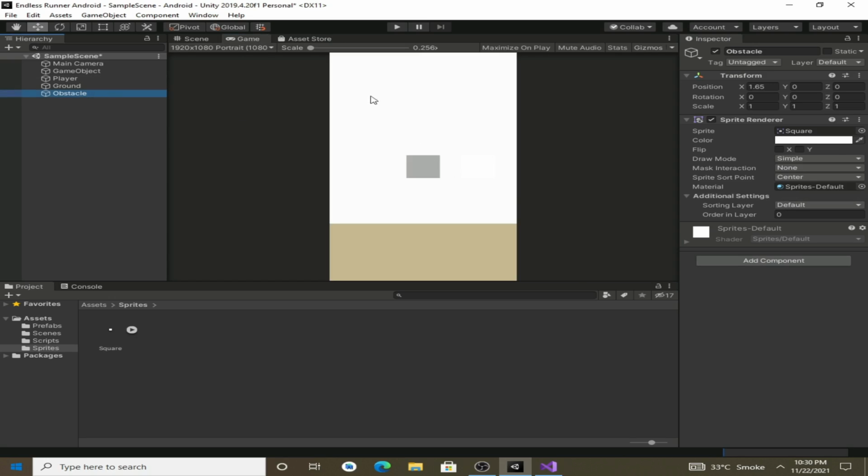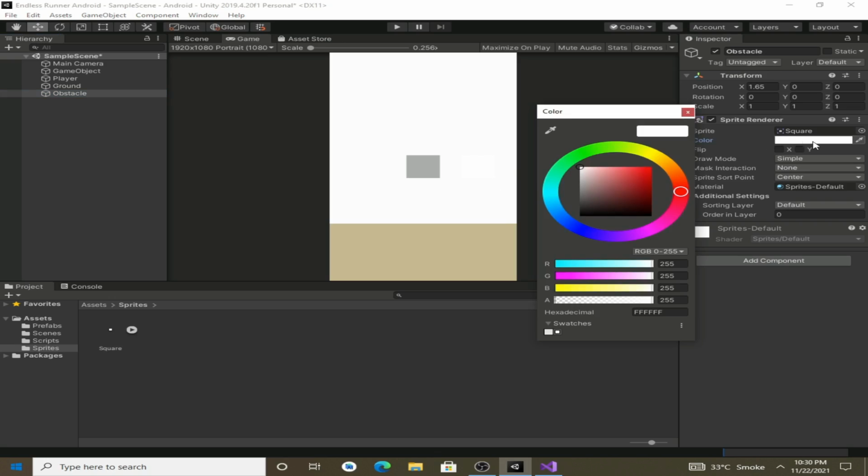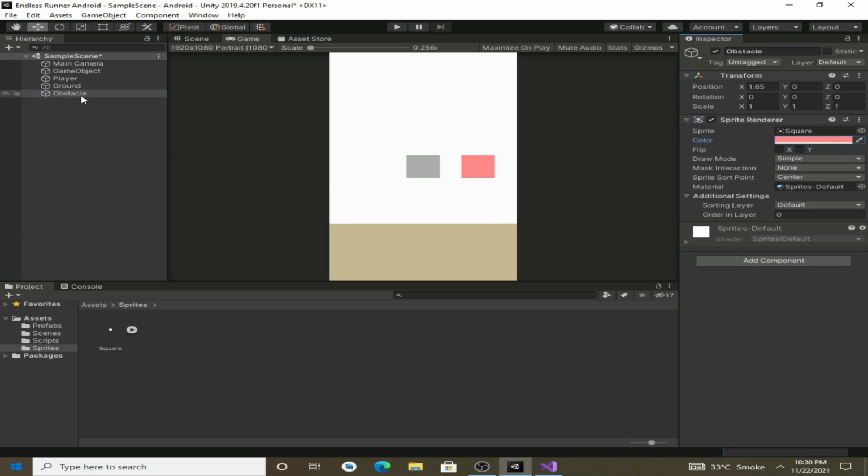So click on obstacle and then change its color from white to something red. You can give it any color you want. So now we can change the scale of the obstacle. So make it 5 on the y-axis,